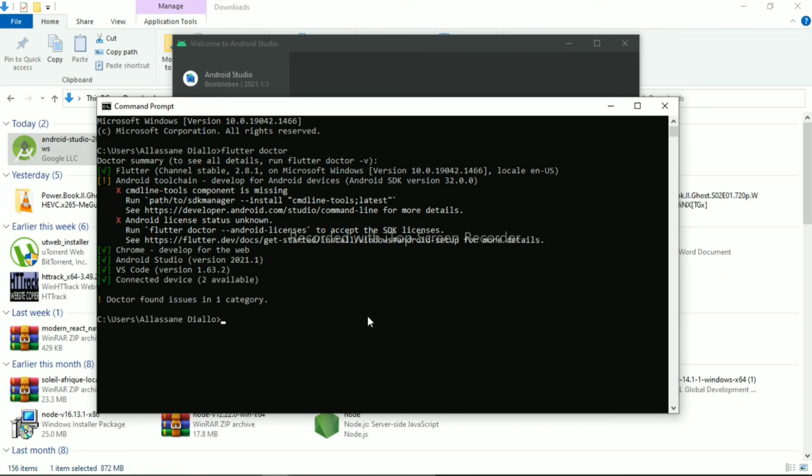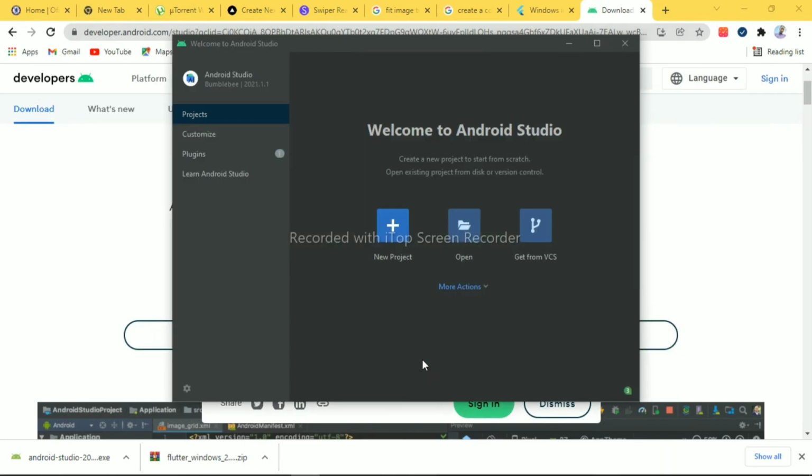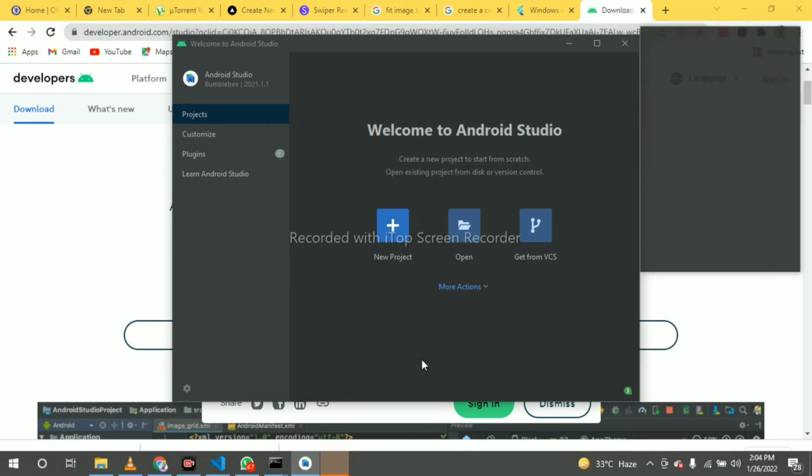Right, so we have two issues now. We have "cmdline-tools component is missing," and we have "Android license status unknown." So to solve that issue, we're gonna go back to our Android Studio to solve this first issue. Alright, so to solve the first issue,